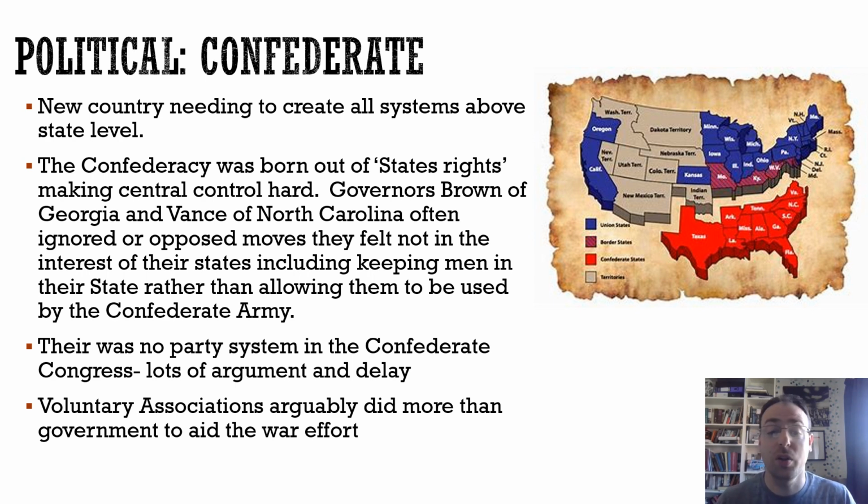Now, again, there's an argument that the voluntary associations in the South did actually more in terms of the war effort than actual official government. And what we see here is often, particularly the planter class, taking a lead in their particular area, supplying the money to equip regiments, producing uniforms for their regiments. And we see a lot of reliance, therefore, on big local figures and local groups to sort out what's going on. And this can lead to the war effort being a bit patchy across the Confederacy.